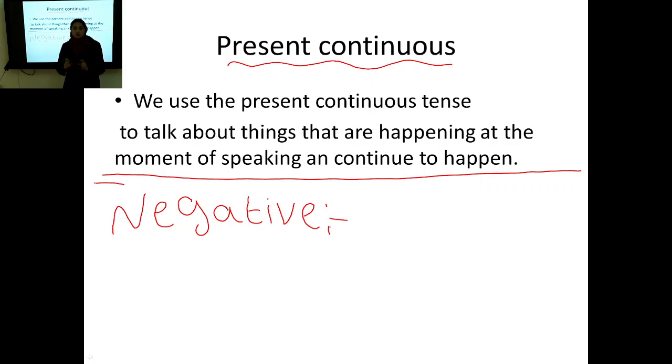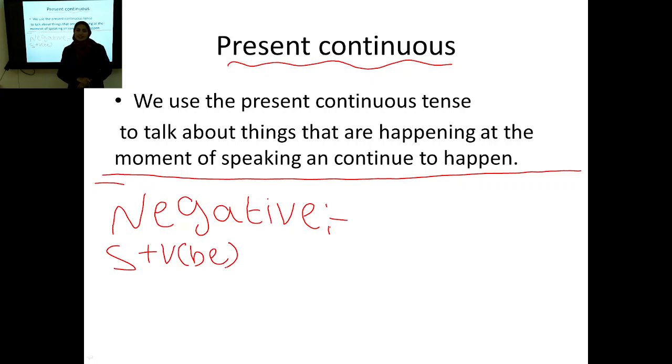If you want to negate something while speaking or at the current moment, you have to use the negative form of the present continuous. Now, it is as simple as that. First, we add the subject as we did before. Then, we add verb to be plus